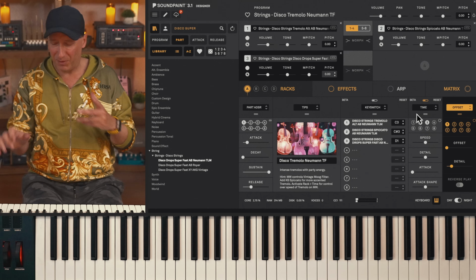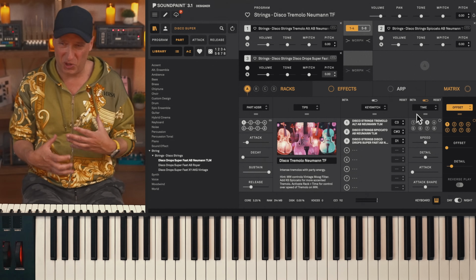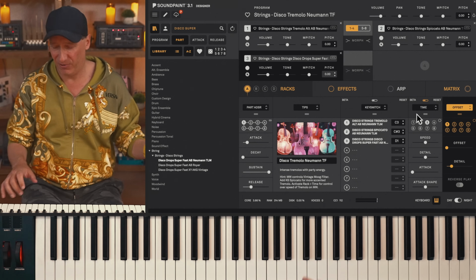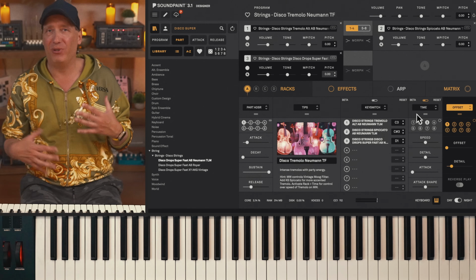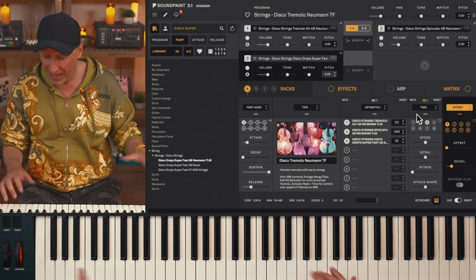It's kind of cool how they randomly come in sometimes. I like that. This is sort of natural, more like, hey, that could happen in a real track. I think sometimes we're too clinical when we work in the computer. In real life sessions, stuff just happens. That's a happy accident, maybe.